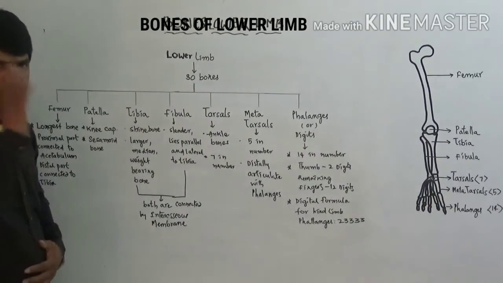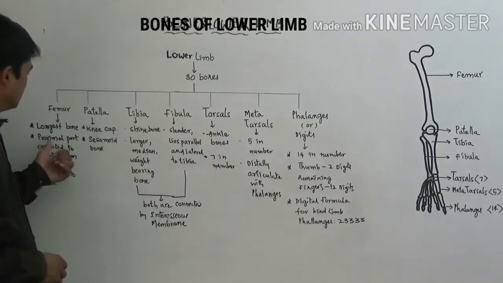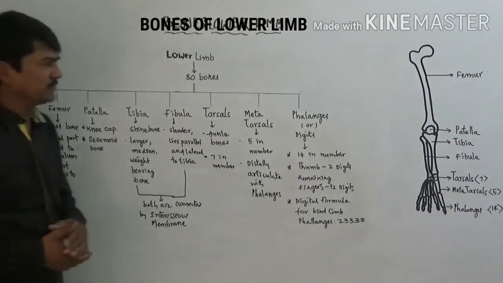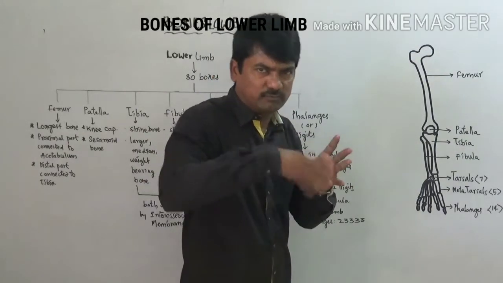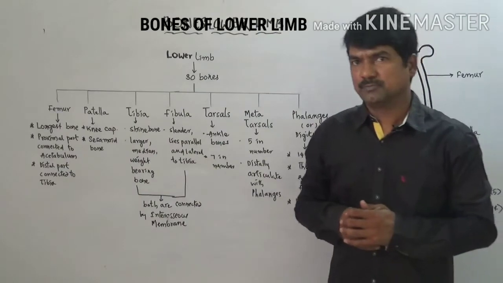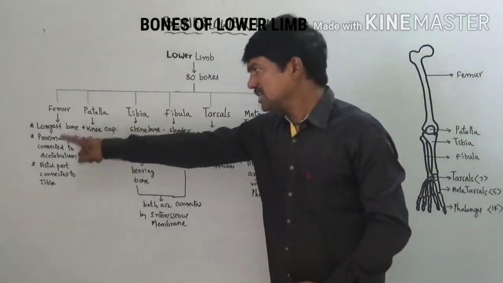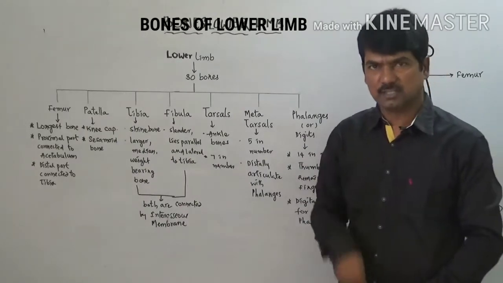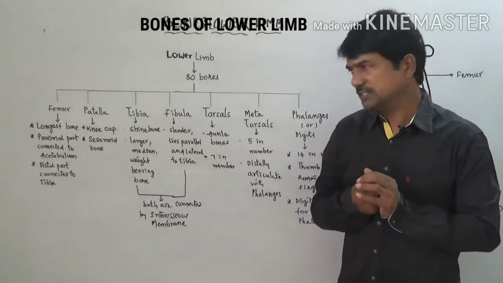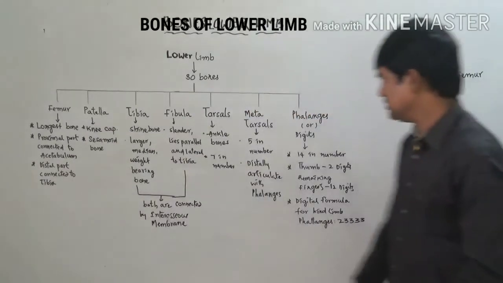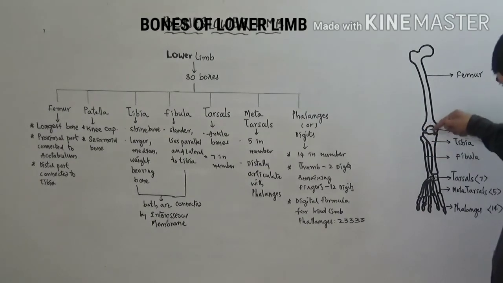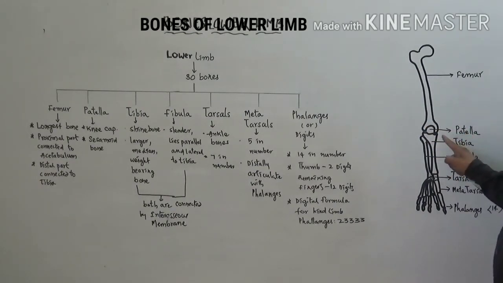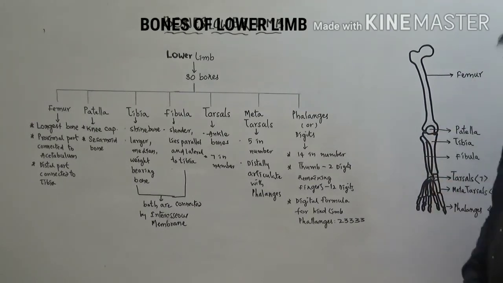Femur. The femur is the longest bone in human beings, and its proximal part is connected to the acetabulum. Around this, the acetabulum is present. Inside it, this ball-like structure is fixed, and that is articulated within the acetabulum. So it is the longest bone, and the proximal part of the femur is connected to the acetabulum, within which the ball is articulated. And next, the distal part is connected to the tibia. Here this is the proximal part, and here this is called the distal part. The distal part is connected to the tibia, which is located just behind it.